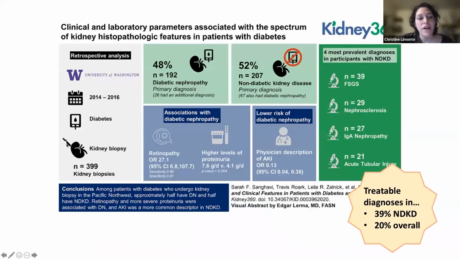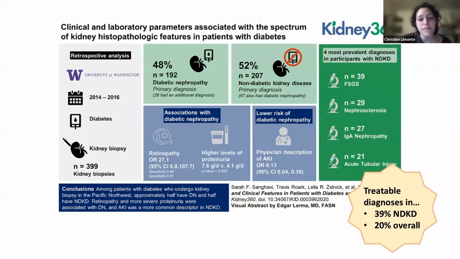Recently, here at UW, we published a study, manuscript led by Sarah Sangavi, that described the clinical and laboratory parameters associated with diabetic nephropathy versus non-diabetic kidney disease in a UW biopsy cohort. And this study retrospectively looked at close to 400 people with diabetes who had had a clinically indicated biopsy, and detailed clinical data was available for a subset. About half of this cohort had a primary diagnosis of diabetic nephropathy, and the other had a primary diagnosis of